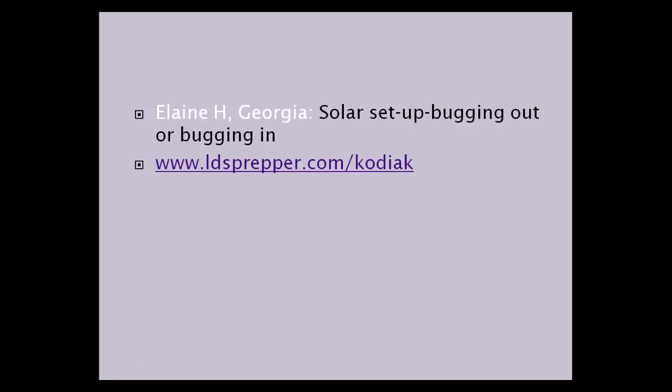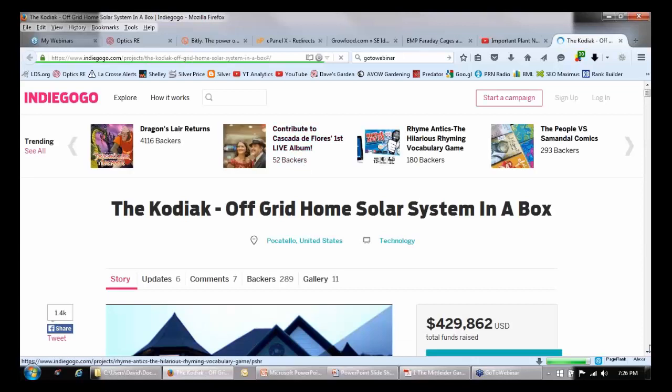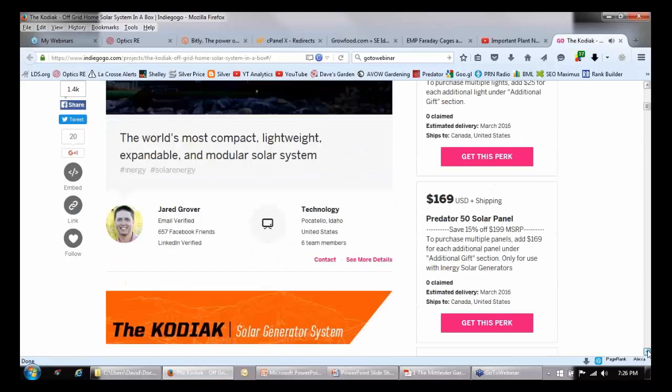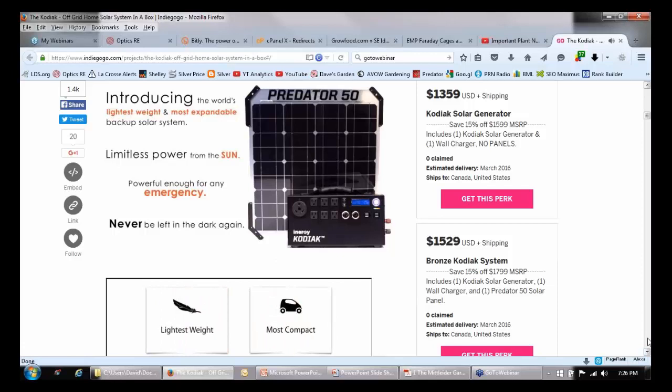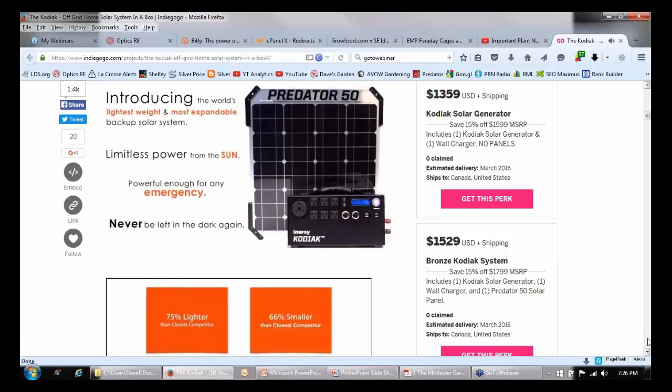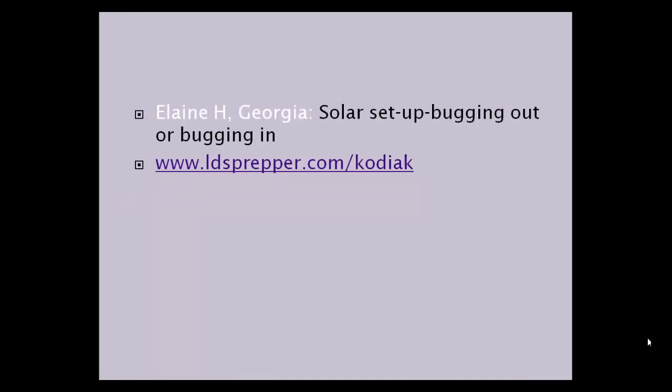Elaine in Georgia wants to know about solar setup for bug-ins and bug-outs. I really recommend, and have actually only recommended, the Kodiak portable solar generator. These are just absolutely amazing. I've been watching the production for these for about 3 years because I knew what was coming out, and I kind of use that as my baseline in comparing everything else. Nothing else compared. It's really the best. It's the latest technology. It's 100 pounds of energy in a 20-pound box. It's just absolutely perfect. So if you want something for a bug-out or bug-in power solution that's small, compact, has over 1,100 watt hours in it, and comes with small, very lightweight solar panels,